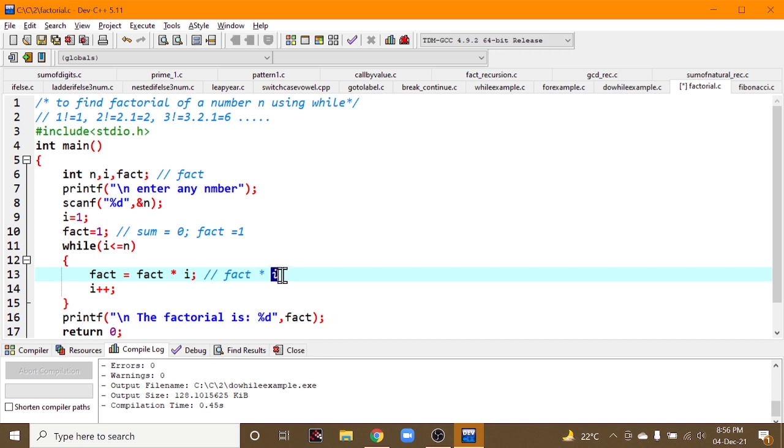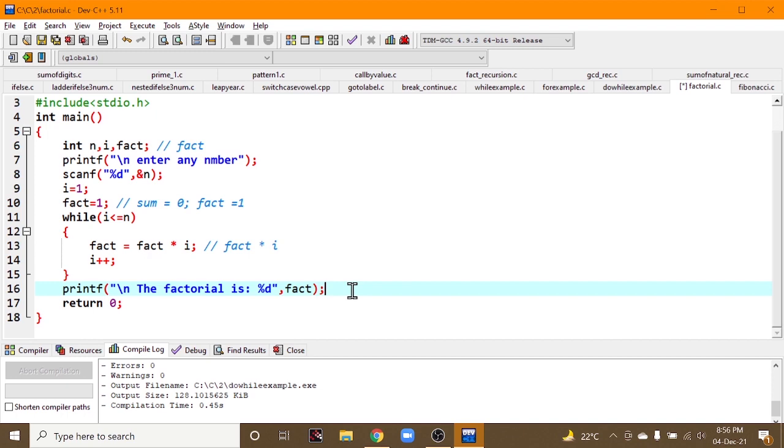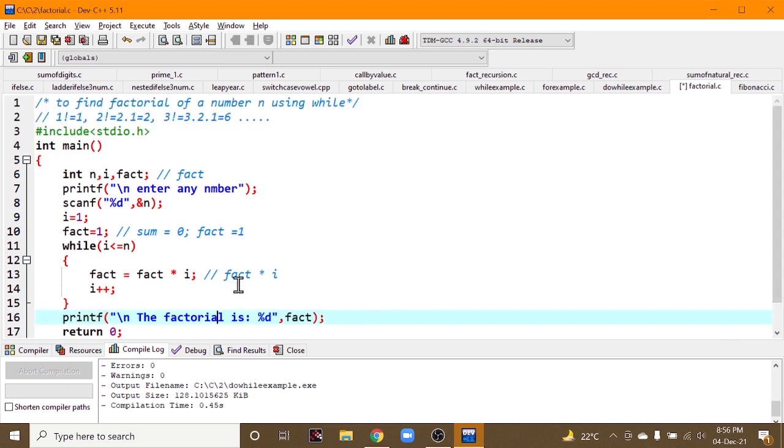If you multiply with 1, fact will be 1. 1 star 2, now fact will be 2. 2 star 3, in that way. I will be incremented and fact will be reassigned every time. Remember, fact will not be 1 every time. And finally the factorial of the number will be printed.